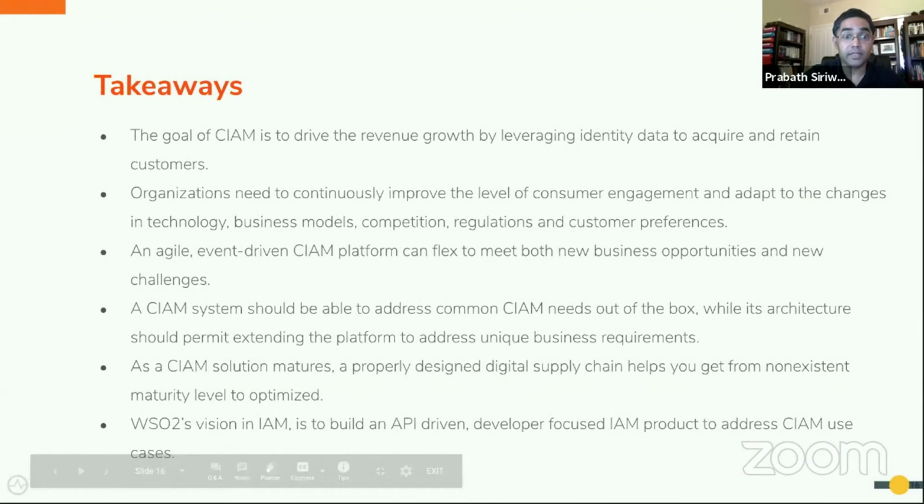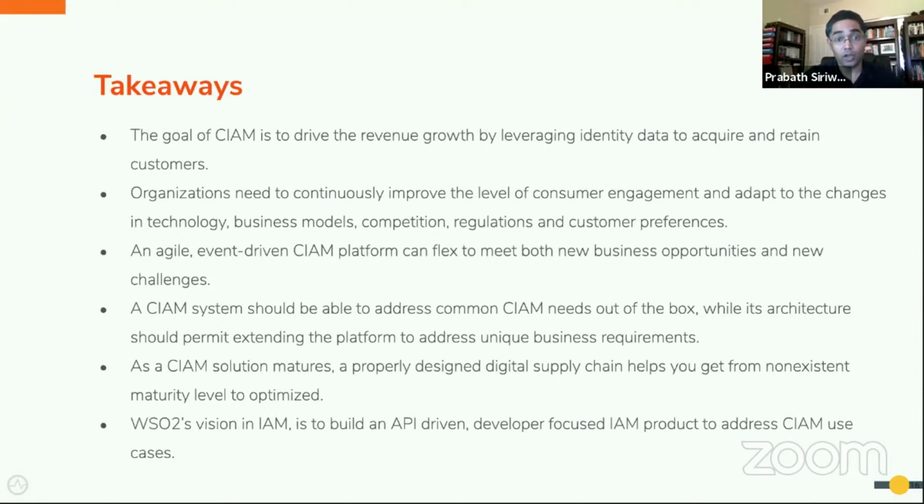Finally, the takeaways. The goal of CIAM is to drive the revenue growth by leveraging identity data to acquire and retain customers. Organizations need to continuously improve the level of consumer engagement and adapt to the changes in technology, business models, competition, regulations, and customer preferences.